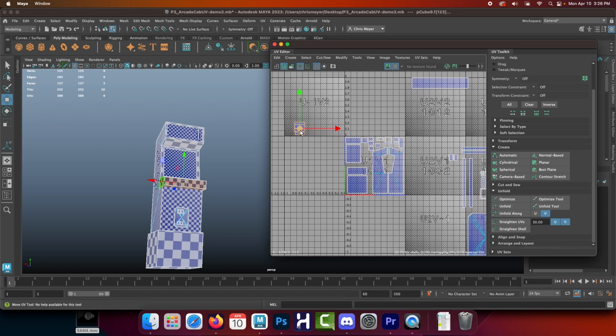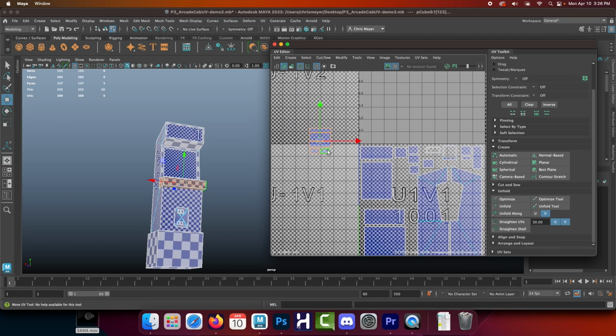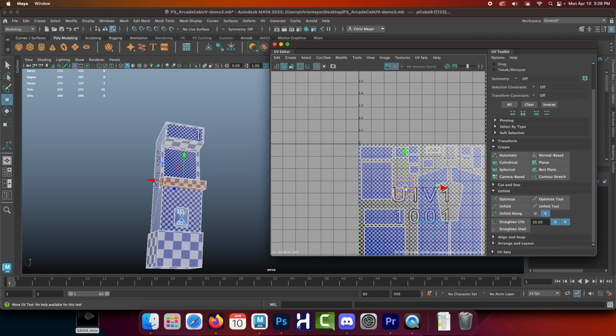I'm probably not going to put anything else on it. So I'm going to make this relatively small, to be honest with you. Boom. We'll slam that in right there. So here's the front of it, and then here's all those faces that make up the other parts of this. And then up here